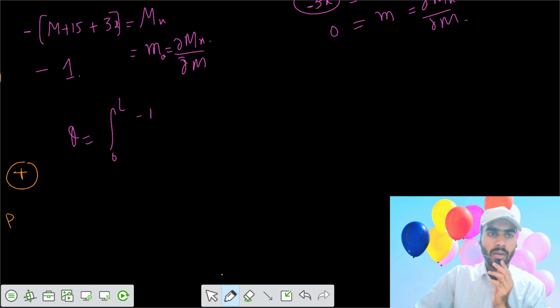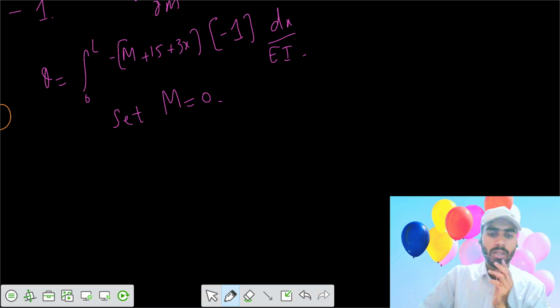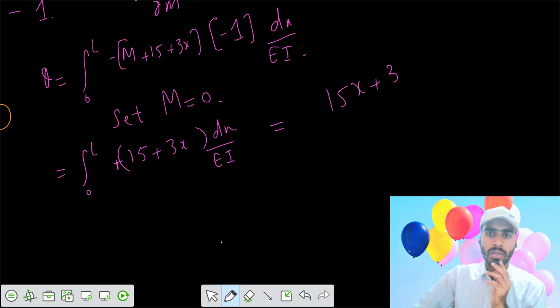Value of moment is minus (m plus 15 plus 3x) into that small m, that's minus 1, dx by EI. Now since there was no external moment at B, we set M equals to 0, because you applied it as a fictitious moment or pseudo moment. Then the equation becomes integral 0 to L of minus times minus 15, or we can say positive 15 plus 3x, dx by EI. So we get the value of 15x plus 3x squared by 2,